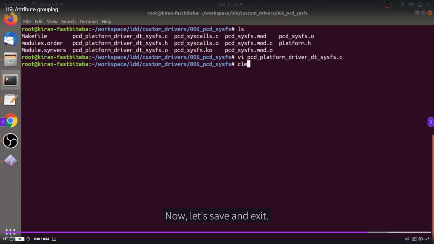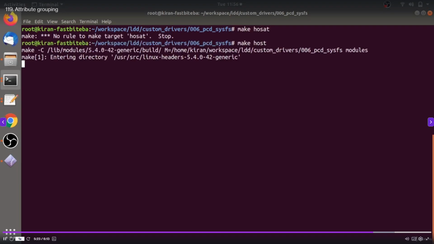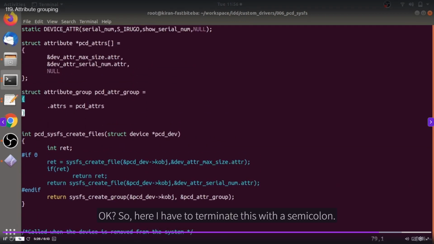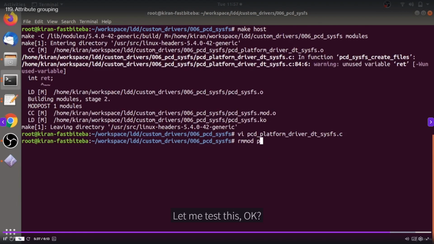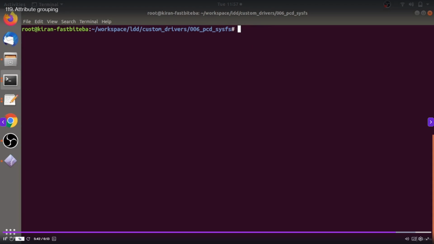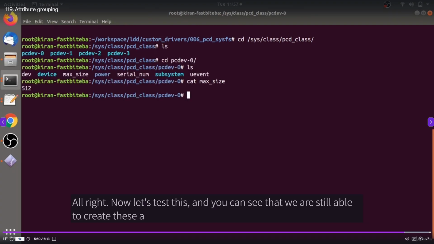Now let's save and exit. Make host. Alright, so there is a problem. Here I have to terminate this with a semicolon. Let's make host. Let me test this. Alright, now let's test this, and you can see that we are still able to create these